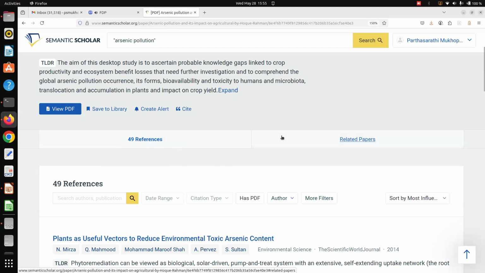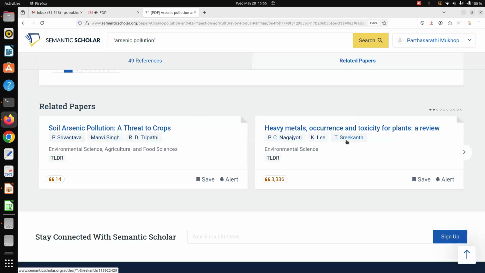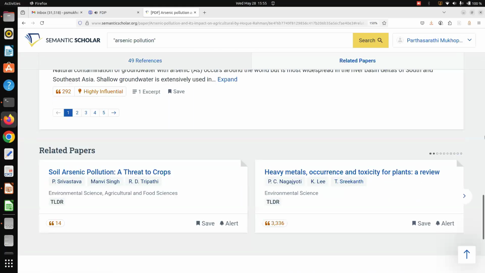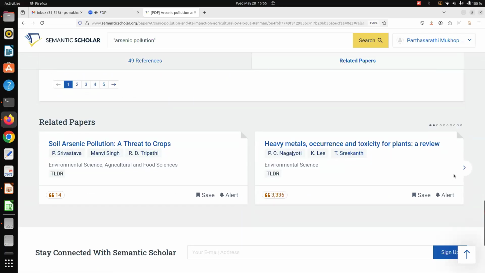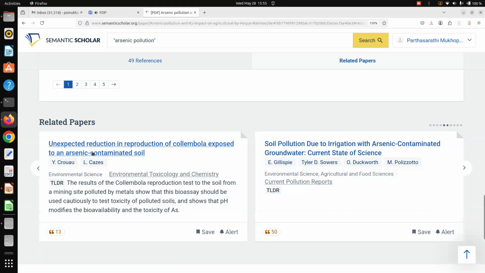But the papers which are related with each other but not included in this citation-reference network, still it can relate through semantic matching. That is another application of AI technology. Semantically, it can tell, okay, you think this is one of the core papers of yours, so these two, three, four, five papers are related. Any of these papers you can see, TLDR will be coming here.